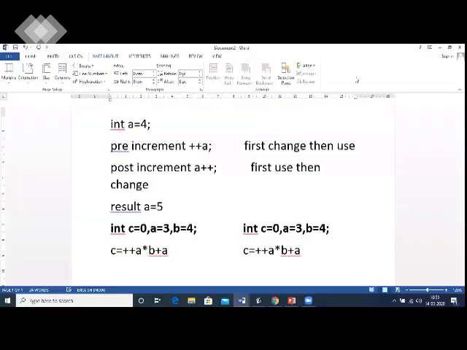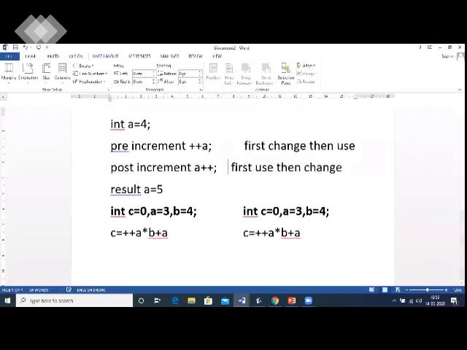Let us now learn about pre-increment and post-increment. Now, as you can see, this is an example of pre-increment, and in the next one we have an example of post-increment. The rule of pre-increment is first change, then use, and the rule of post-increment is first use, then change. Now, in both the cases, you will find the value assigned to variable a, 4, will increase by one and the result will become